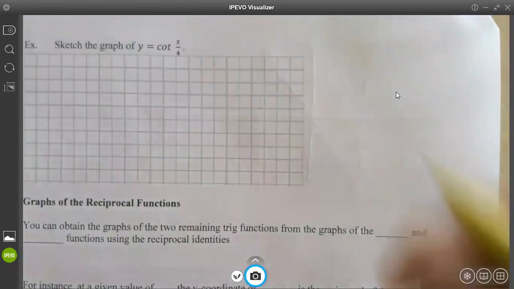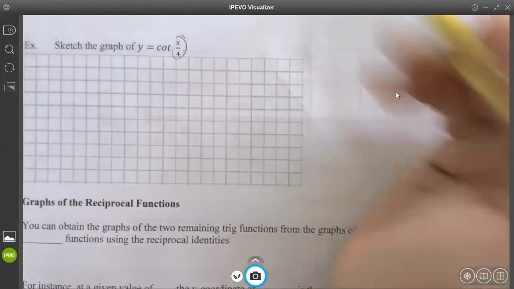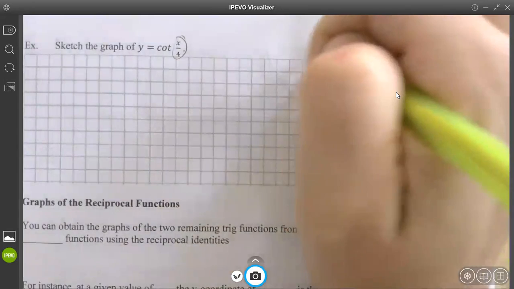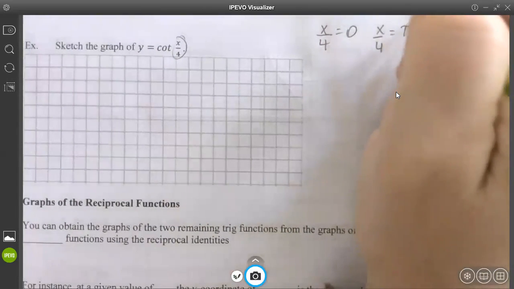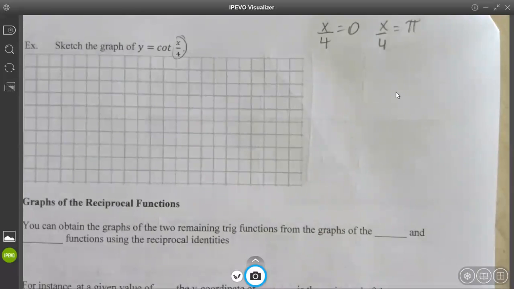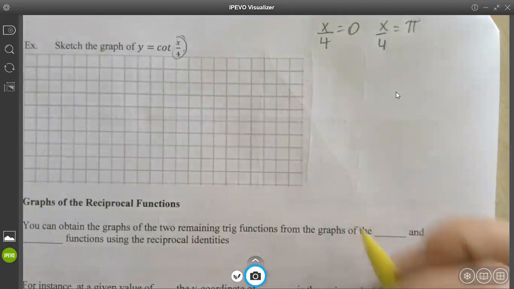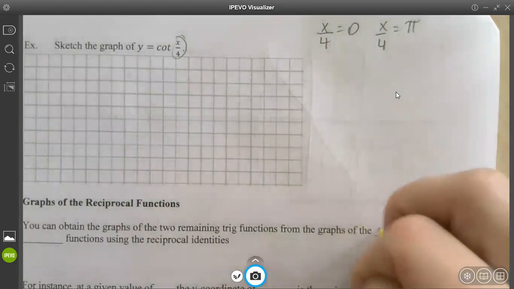Just remember, what are we setting this pi/4 equal to? I mean, x/4. 0 and pi. Everything else is pretty much exactly the same. All right, move on. You can obtain the graphs of 2 remaining trig functions from the graphs of the sine